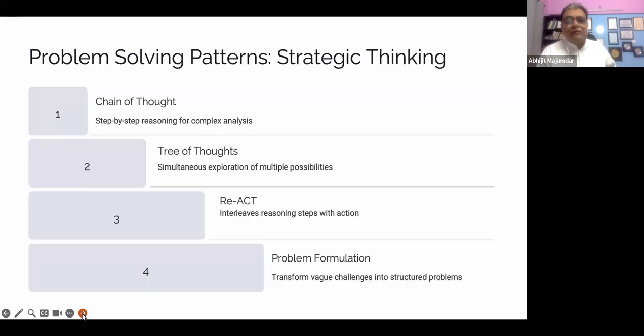Now, next comes the tree of thoughts. But before I go to the tree of thought, I'm just trying to clear your concept of chain of thought, build your concepts. Because if your concepts are clear, you can understand anything and everything. Maybe after one trial, two trials, three trials, with every trial your concepts will become better. So I'm trying to focus right now on the concepts only. What do we mean by chain of thought? Is it clear to everyone?